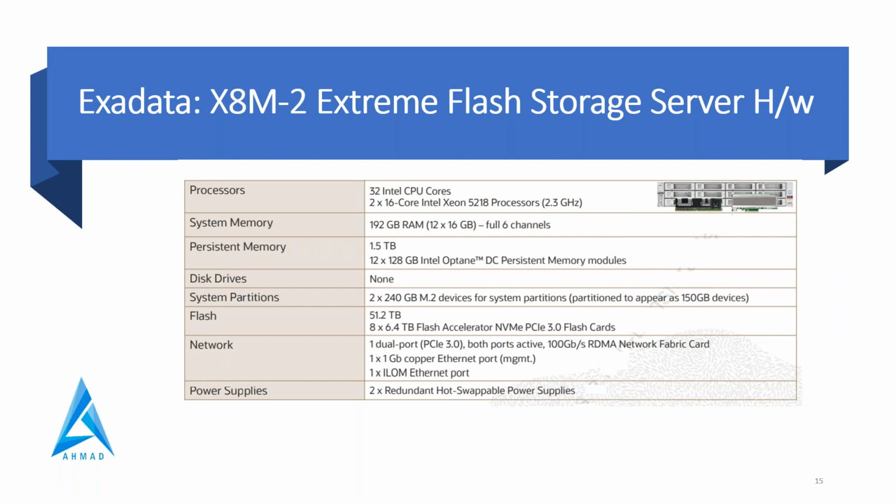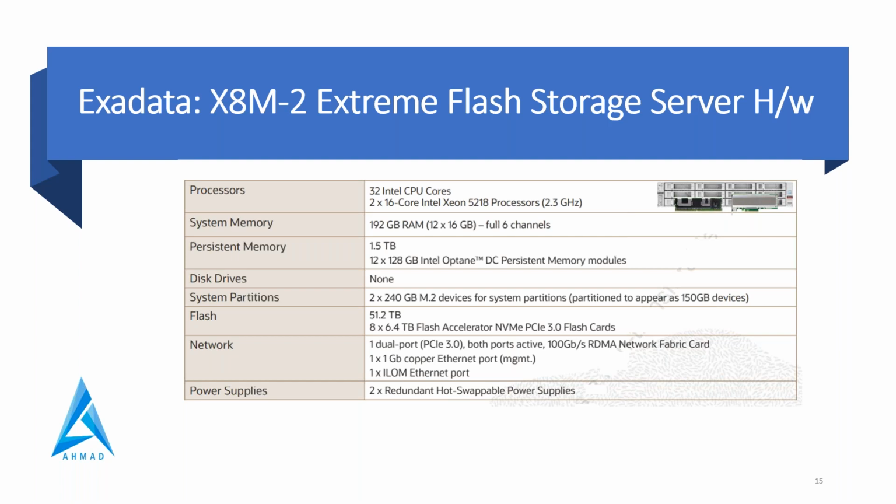Each Exadata extreme flash storage server contains 8 6.4 TB flash accelerators. This flash memory improves speed and power efficiency and provides an expected endurance of 8 years or more